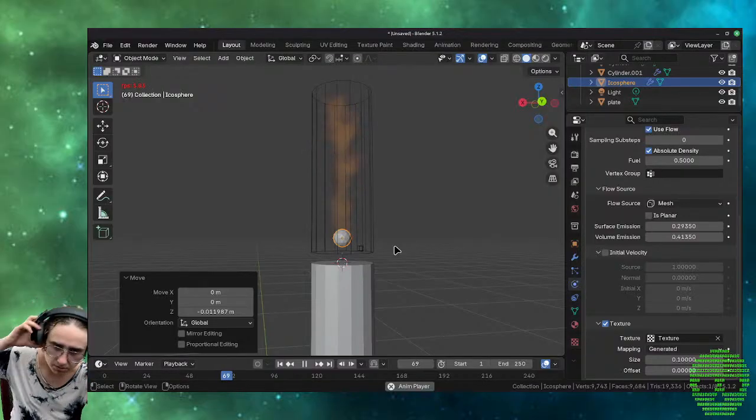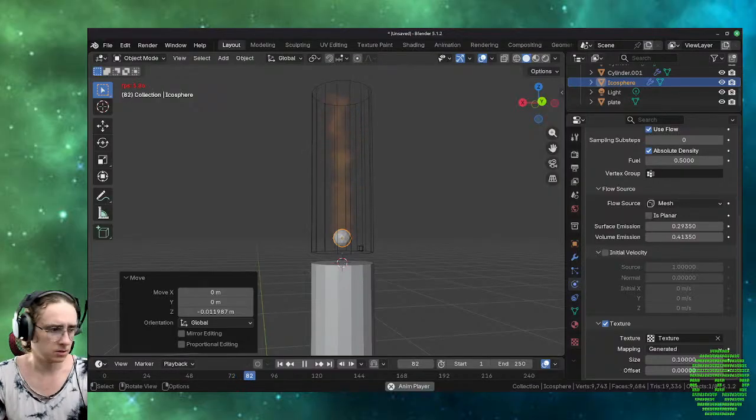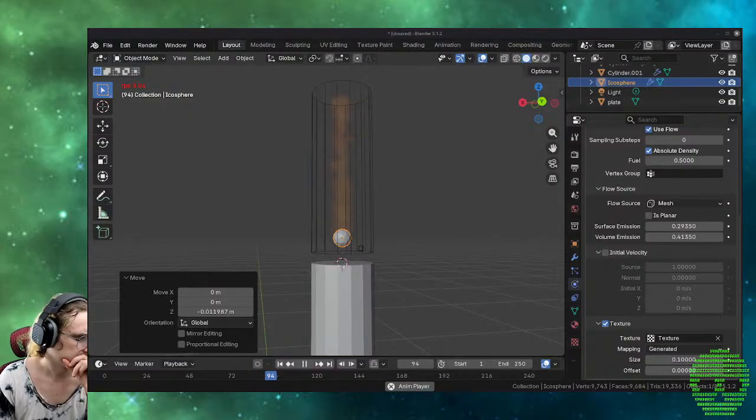The flame's going too tall. Up all the way to 5 on the fuel, there's going to be a very large simulation. Or if I turn this